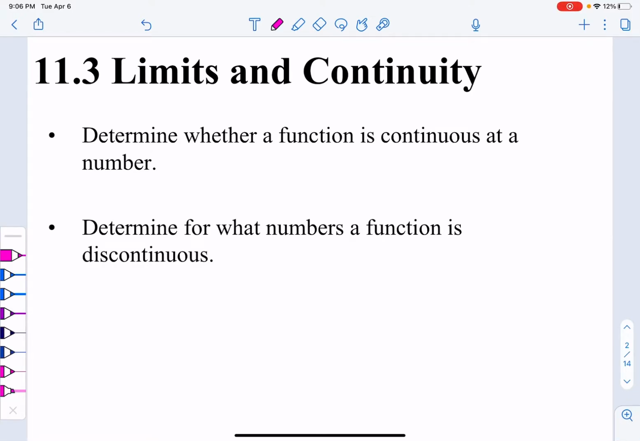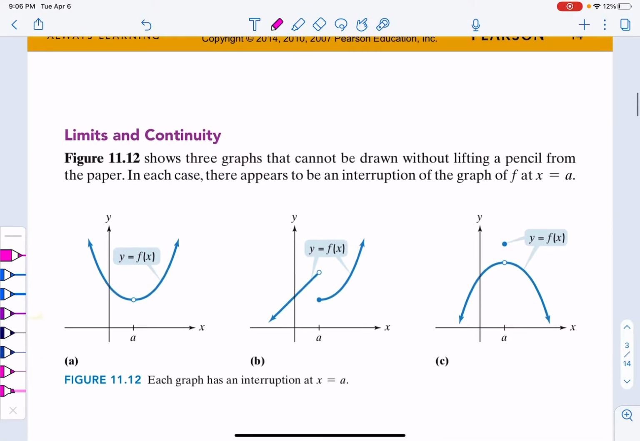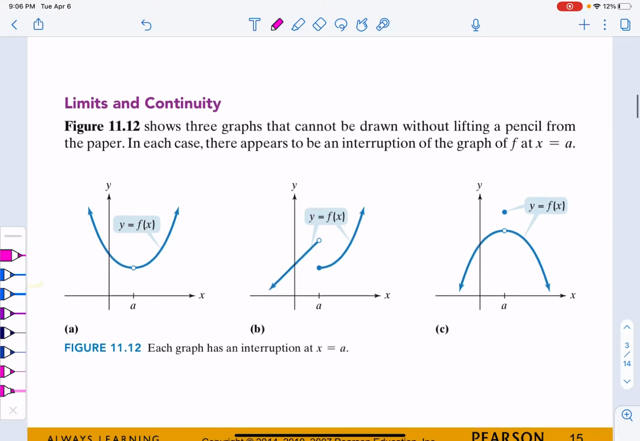Looking at section 11.3, limits and continuity, we're going to determine whether a function is continuous at a number and determine for what numbers a function is discontinuous. So in the beginning of this section in your textbook, they have this image to introduce the limits and continuity. It says figure 11.12 shows three graphs that cannot be drawn without lifting a pencil from